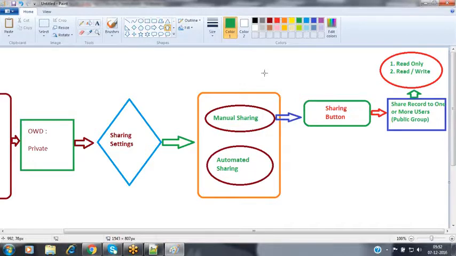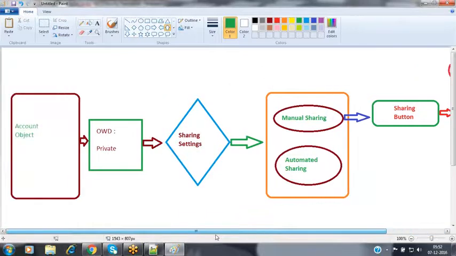So now observe this one. When coming to the object sortability, this is the whole life cycle of this one. Whenever you make the object sortability private, Salesforce enables the sharing button on every record's detail page inside this object. Why? Because these records are visible only to the owner of the record and his manager as well. Other people inside the organization will not be able to access that record.